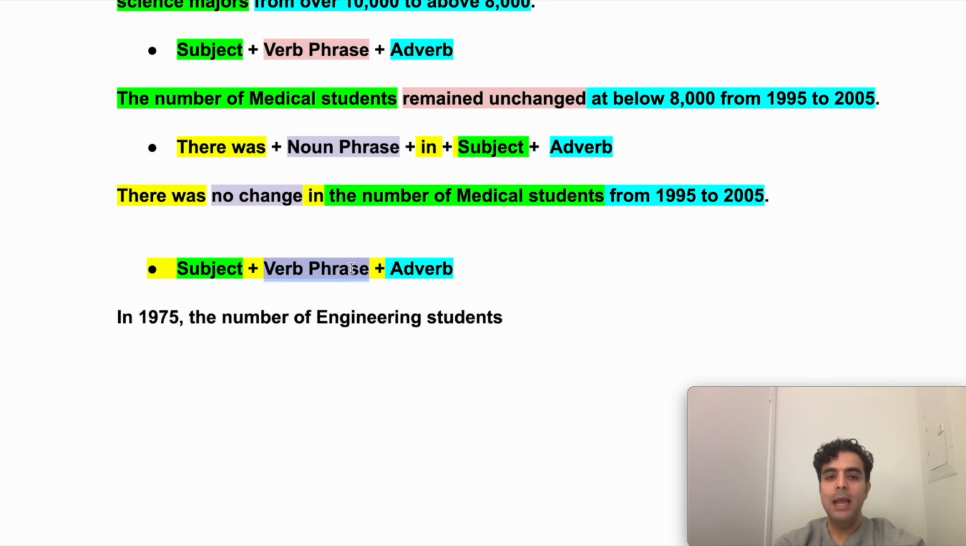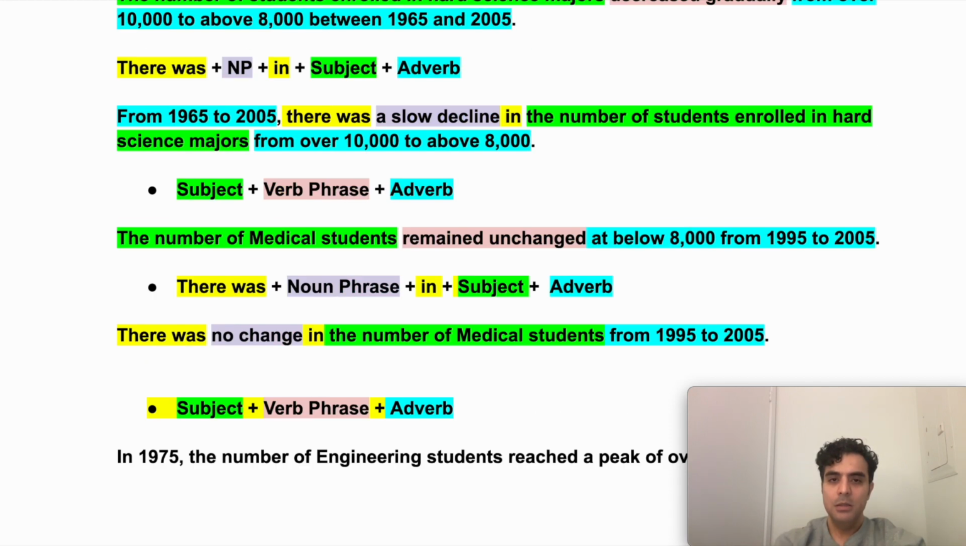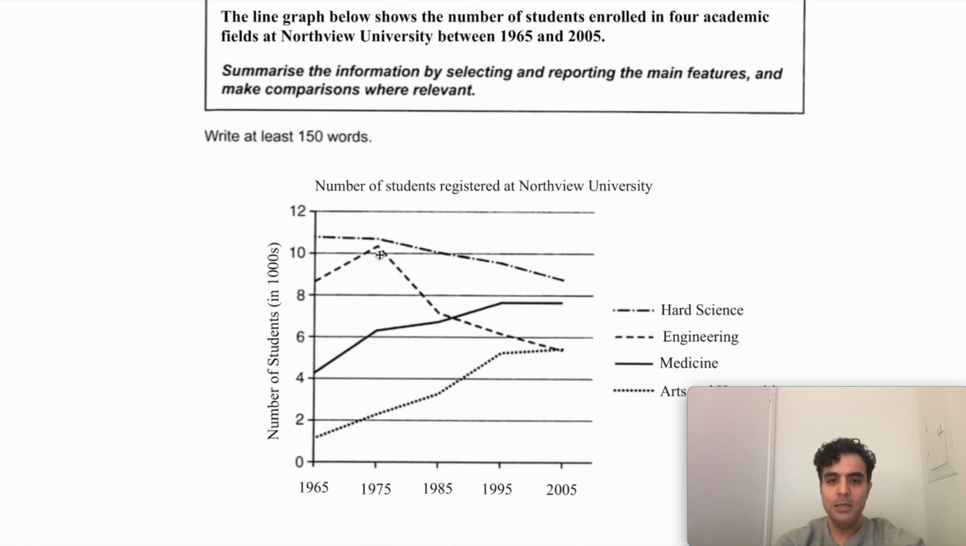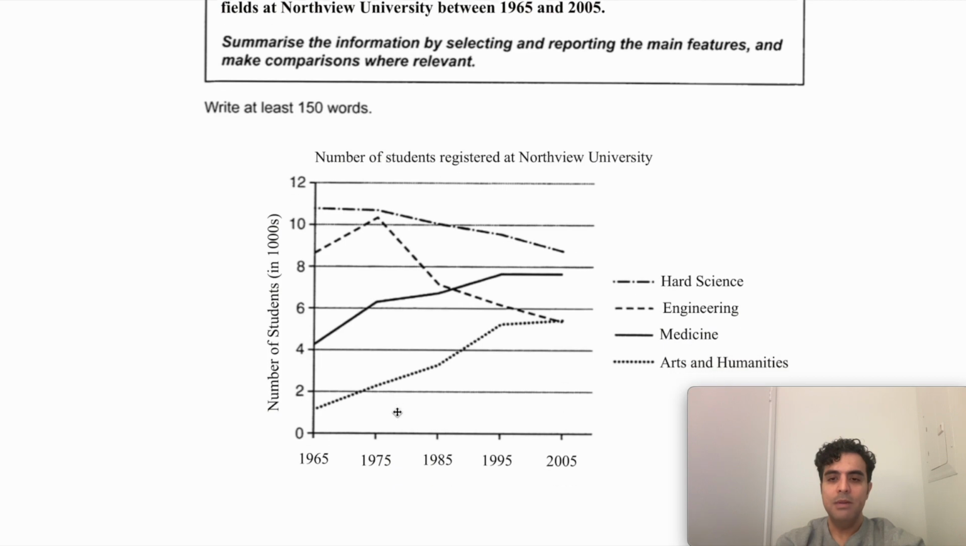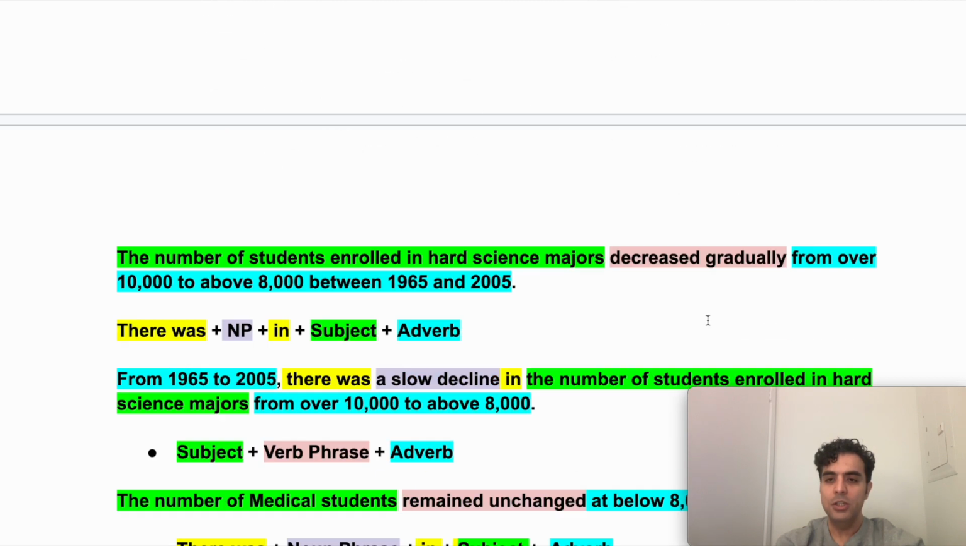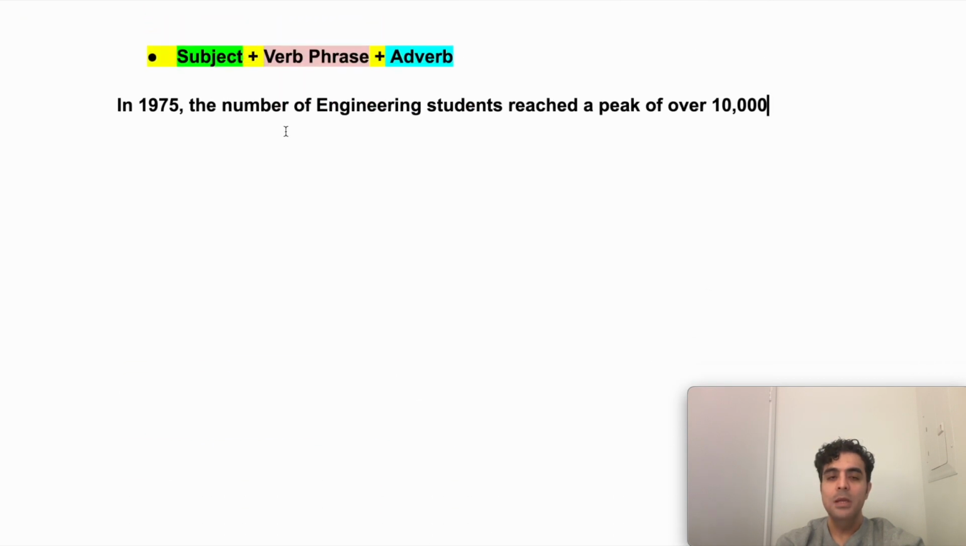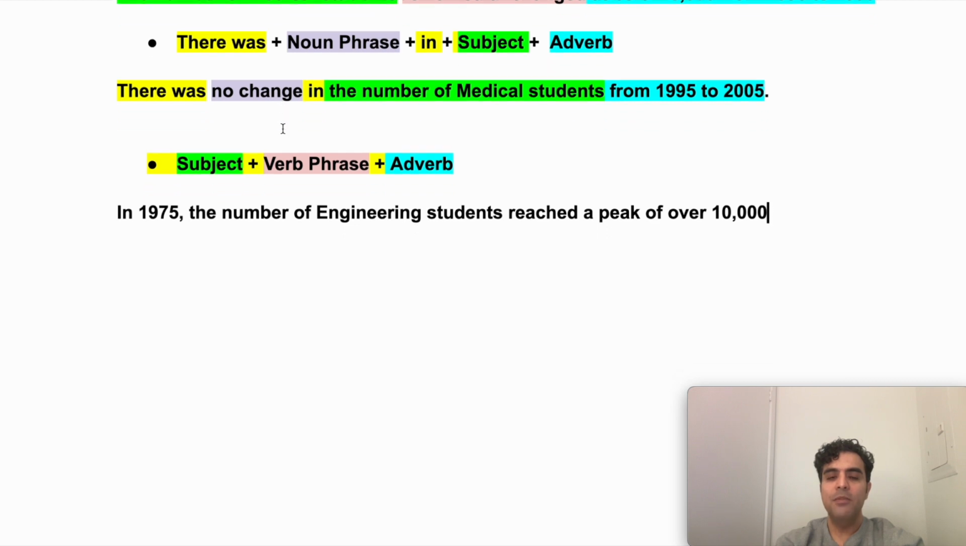now we want to say that it hit the roof. So I'm going to say reached a peak of, I would think it was over 10,000, if I'm not mistaken. So let's just double check real quick. Yes, it was over 10,000, and it happened in 1975, and it corresponds to engineering students. So it looks like it's correct. So in 1975, the number of engineering students reached a peak of over